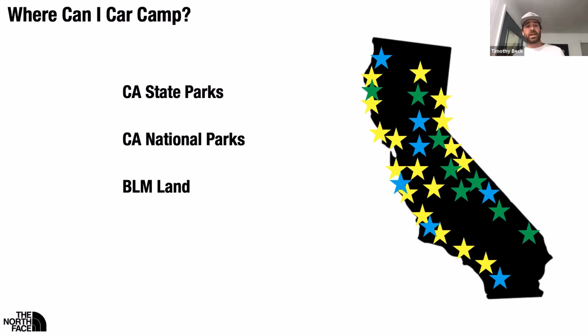Where Bureau of Land Management land, which you can just find through their website and some of their maps, is generally a lot quieter and peaceful. But you also have to pack out everything that you pack in. So something to keep in mind. And then an opportunity we're seeing right now, which I don't know why I didn't think of this before, but,